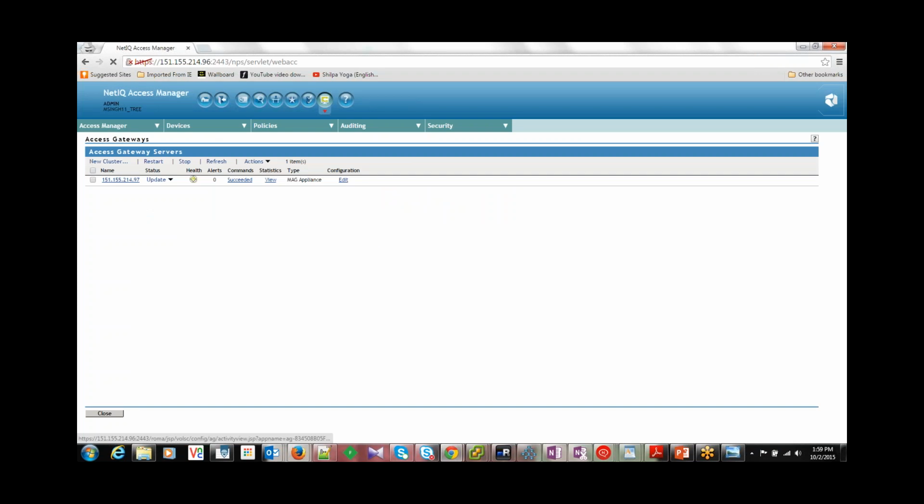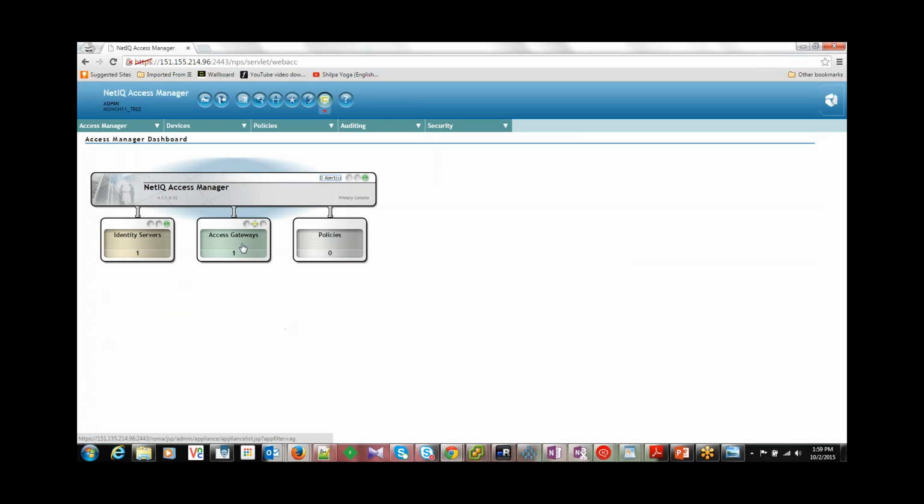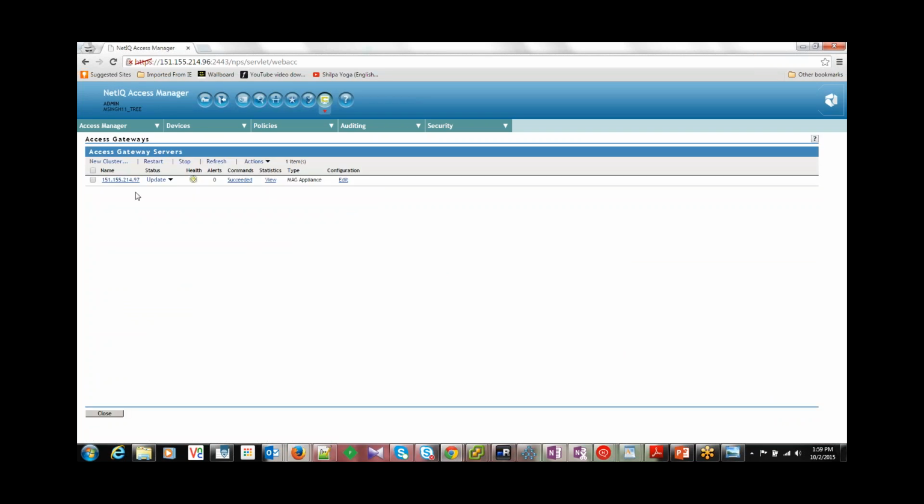Okay, so what you have to do, you have to go to the edit. Now you came here and you can see that there is one identity server which is configured and it is green, and there is an Access Gateway which is not configured. So you have to click here, and here you can see again, Access Gateway can run without creating